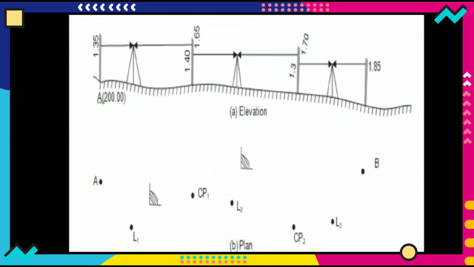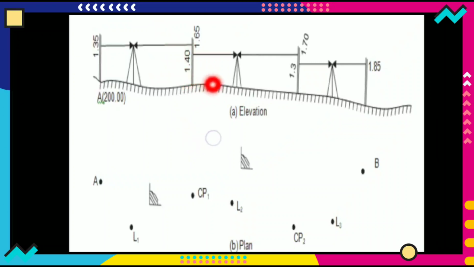Here a numerical problem is given. Firstly, we set our instrument at this location. Then point A is our benchmark, whose elevation is known to us, 200. We erect our leveling staff at this position and take a reading from the dumpy level. The reading is 1.35. After that, we take